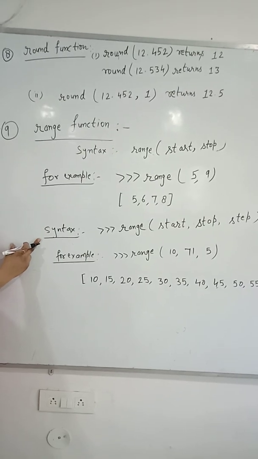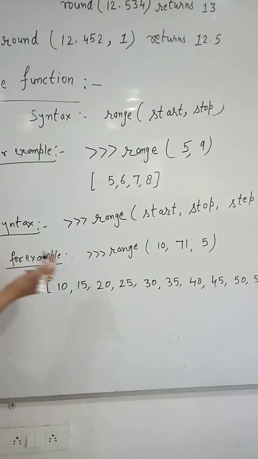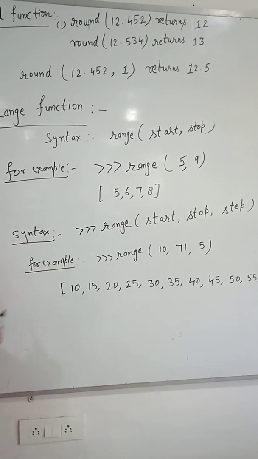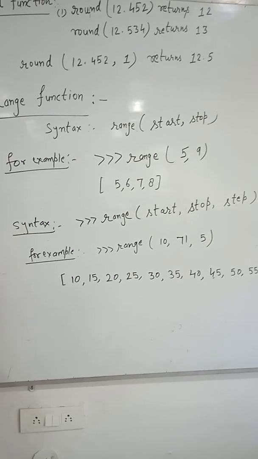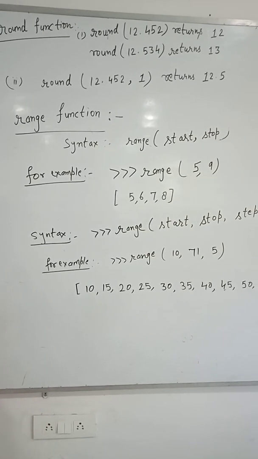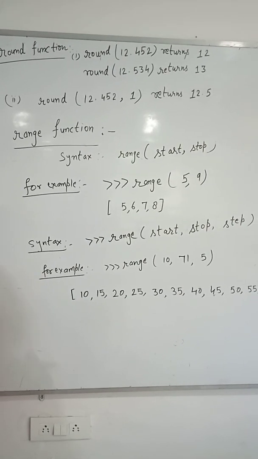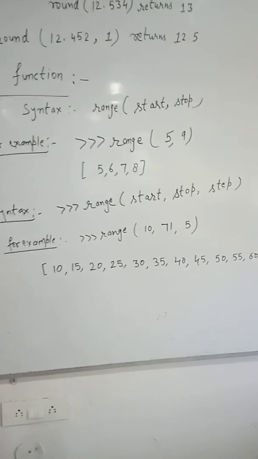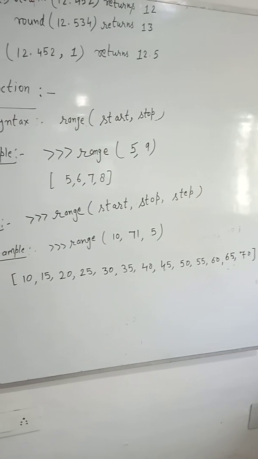Here is the next syntax of the range function also, in which we are using the step also. Look at here, range(start, stop, step). Start is the beginning value, okay, stop is the end value, okay. What is step? Step is basically an increment or decrement value. Okay, it tells how many numbers we want to increase the data by. So for example, range(10, 71, 5). 10 is the integer starting value, 71 is the end. Okay, 5 will be the step. So what will be the output here?